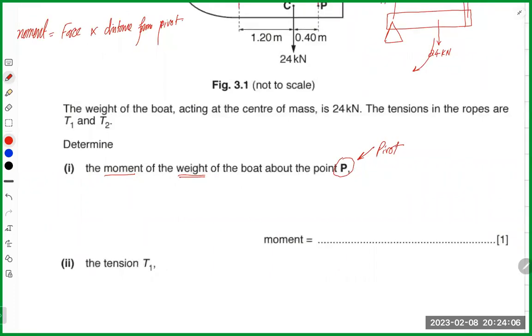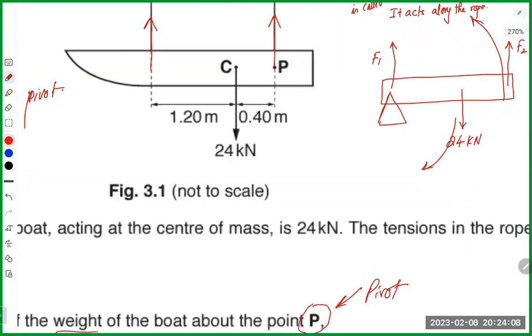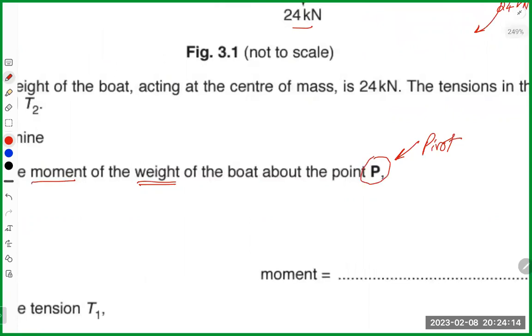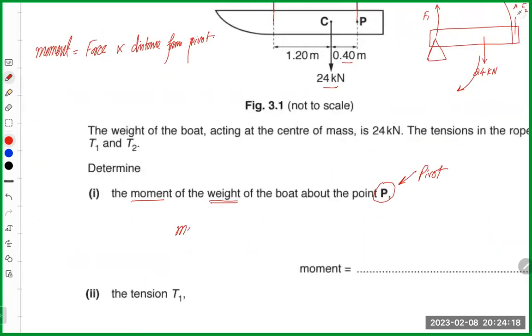So 24,000 Newton is acting 0.4 meter from the pivot. This moment will be 24,000 multiplied by 0.40, which is 9600